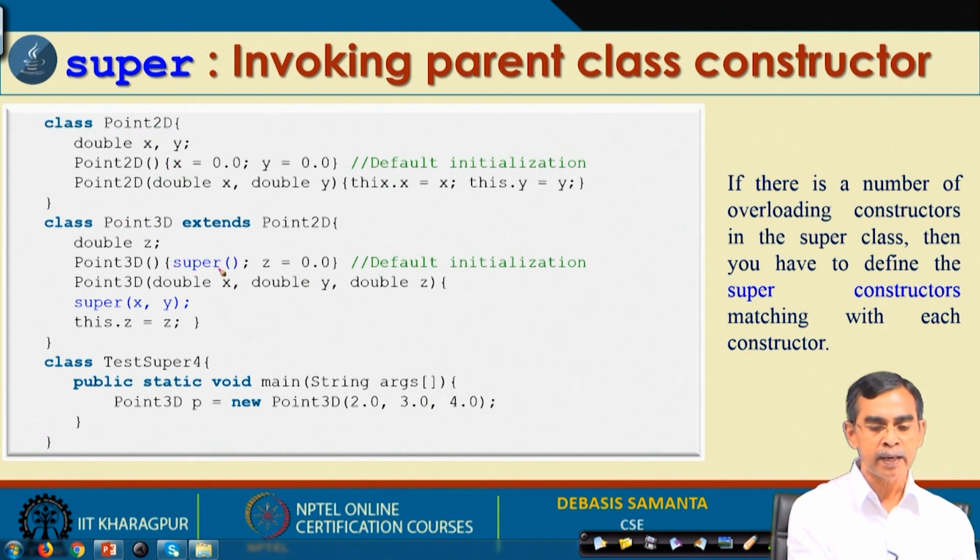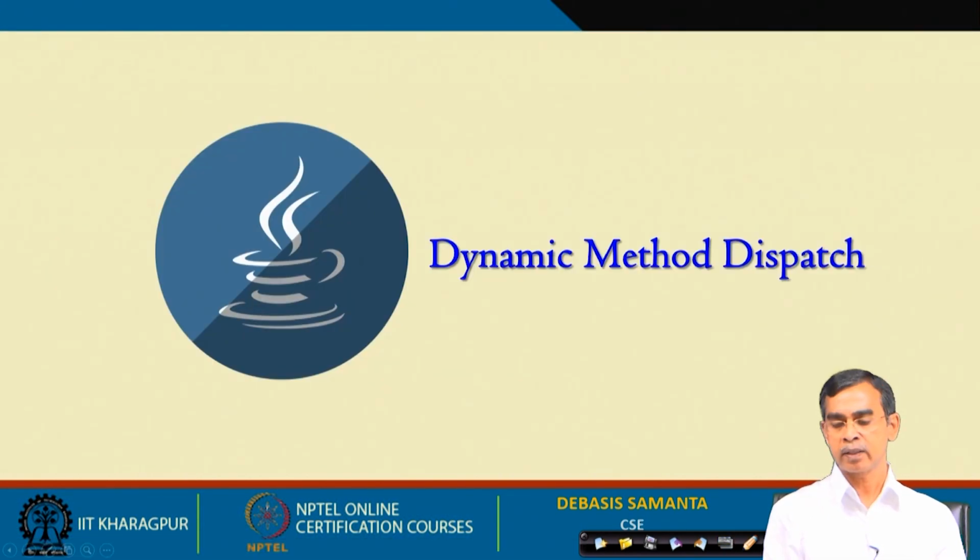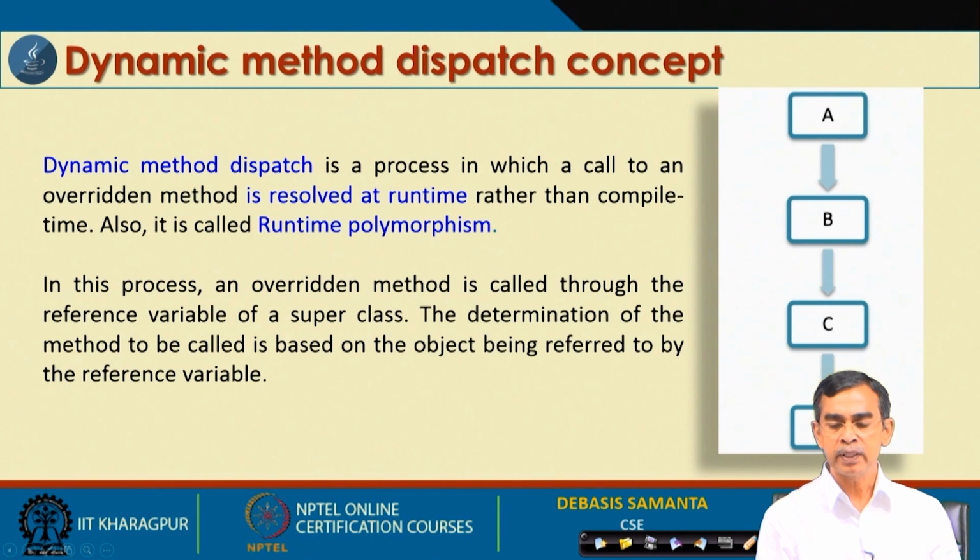For example, here super is a default constructor. On the other hand, we could write super using, say, three different values, and then that constructor will be called. So, it depends on passing proper arguments which match that constructor, and then super will refer to that constructor. So, this is the idea about the super constructor, and whenever we use this kind of inheritance, one very important concept is dynamic method resolution. This concept is basically runtime polymorphism. If we create many objects,